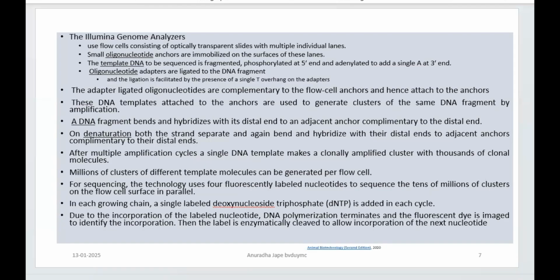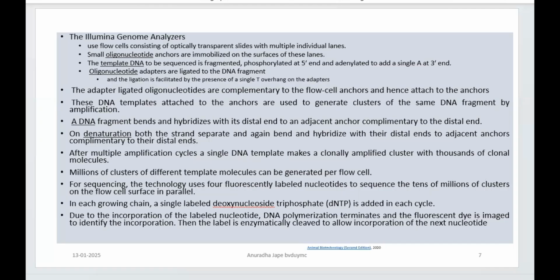So multiple lanes, like on highways you have a 4 lane system, 6 lane system, right? Here the high throughput method for DNA sequencing uses something optically transparent. When I say optically transparent, what comes to your mind? Maybe very fine quality glass or very fine quality plastic, etc., right? So optically transparent slides are there, and on that there are multiple channels, or lanes,